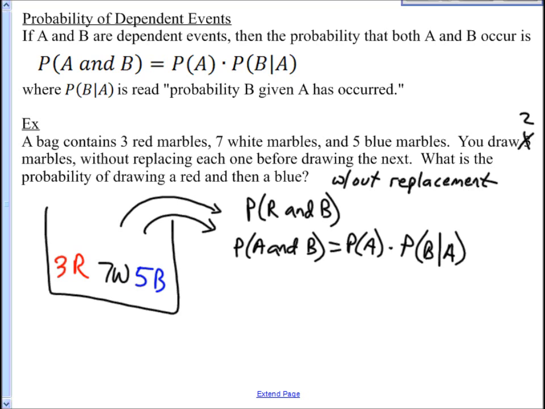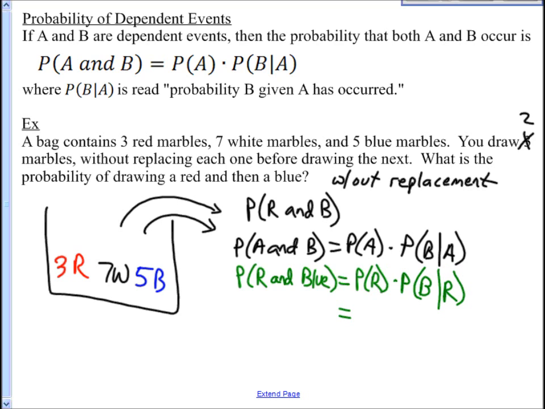All right, so here we go. Probability of red and blue is probability of red times probability that you get a blue given that you pulled out a red. First of all, we pull out one of these reds. What's the probability of that occurring? 3 out of 15, times